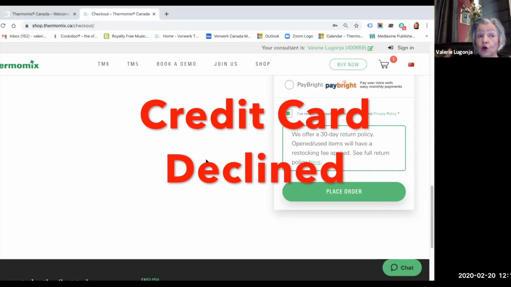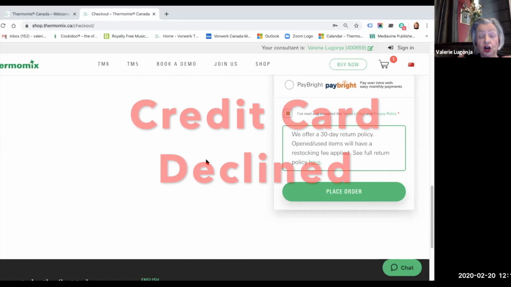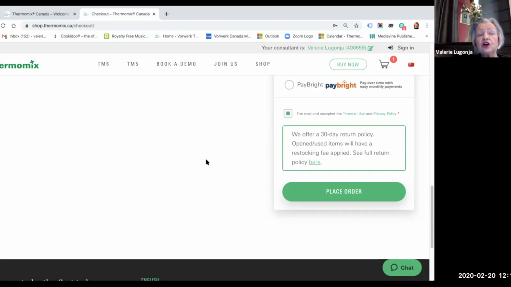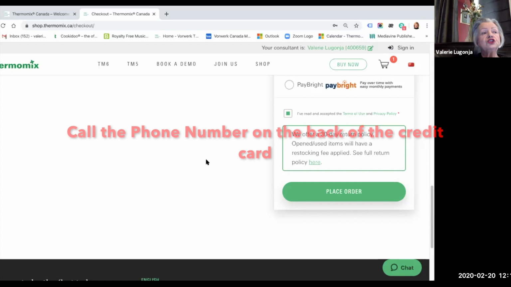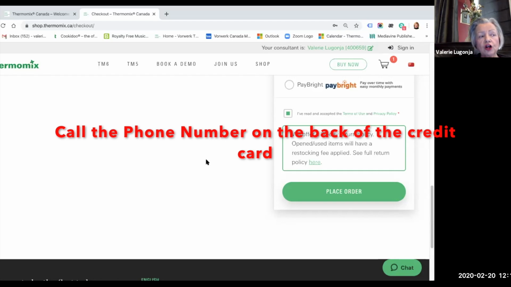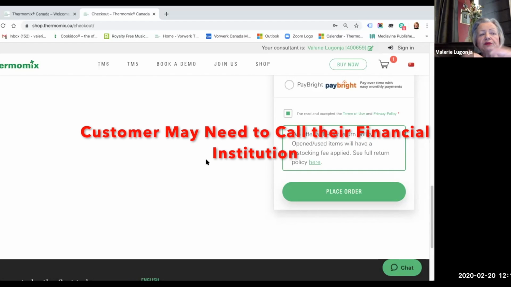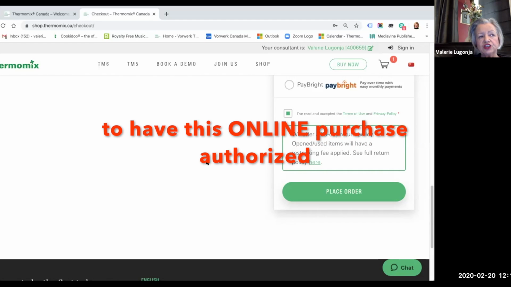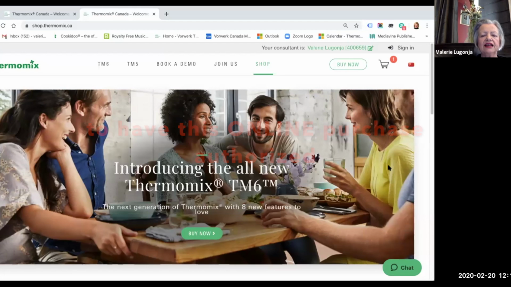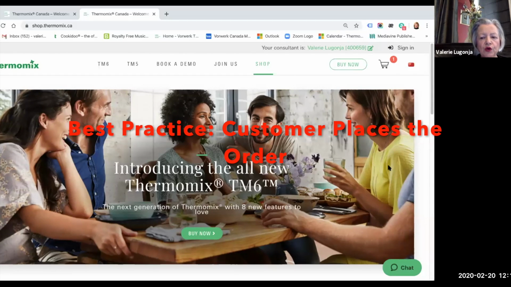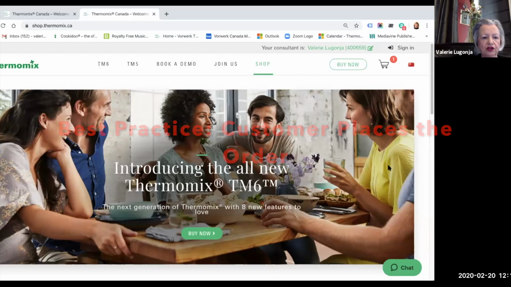If it says order declined or card declined, please have your customer simply turn over the back of their credit card, call the 1-800 number while you wait on the phone with them. You will be able to place the order as soon as the banking institution has authorized that purchase. It's always best practice for the customer to make their own order on their own device. I like to do it with them on the phone, so I walk them through the process on the phone